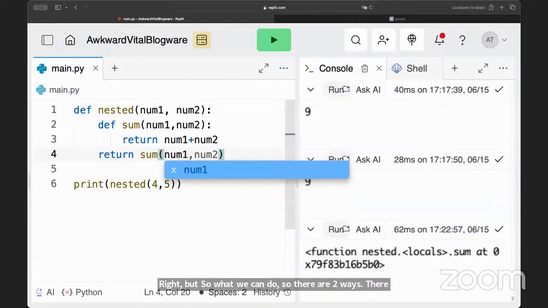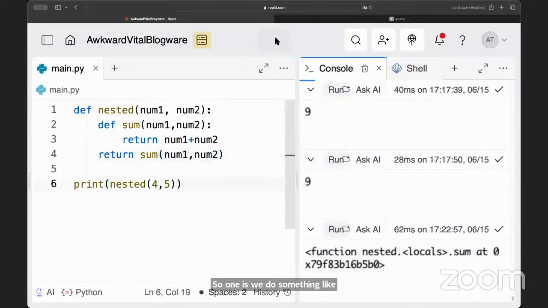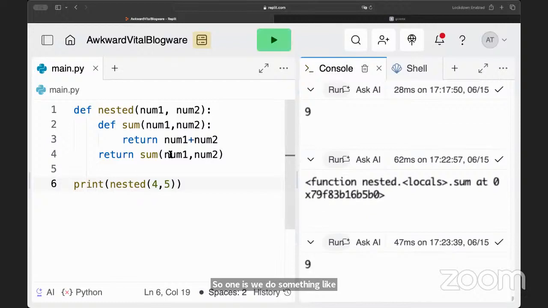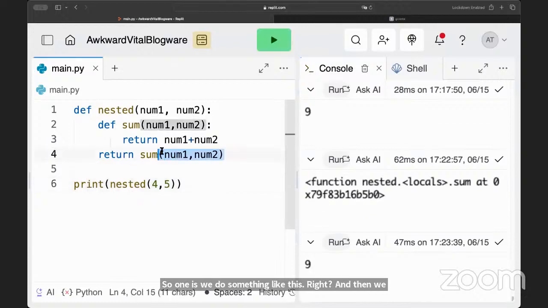One is we do something like this, and then we get 9. Right now we are calling sum and we get 9. Cool. That's one way. Another way is